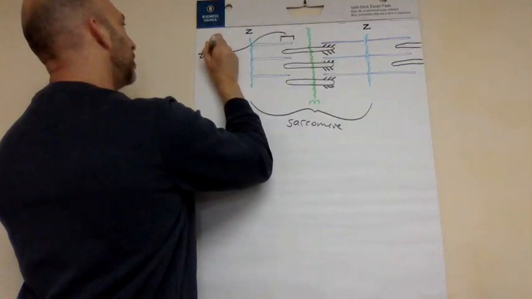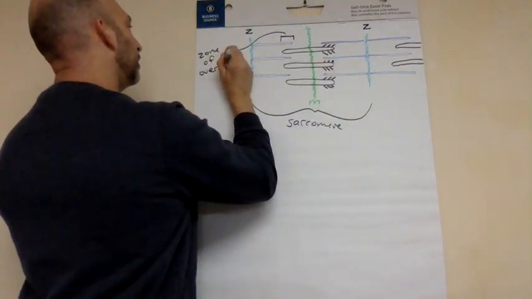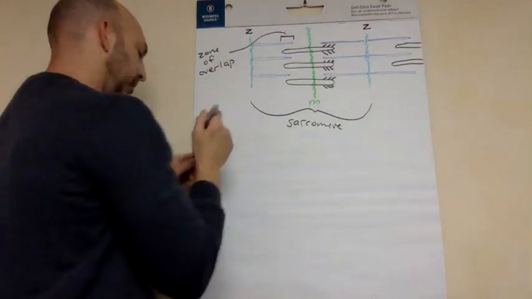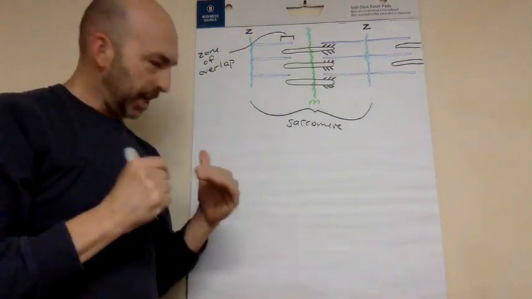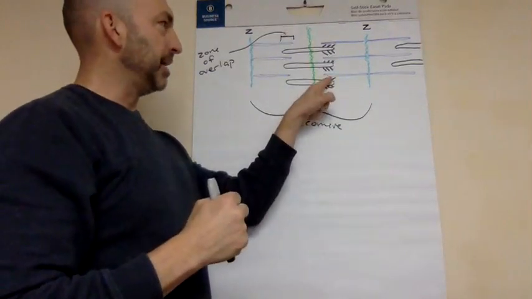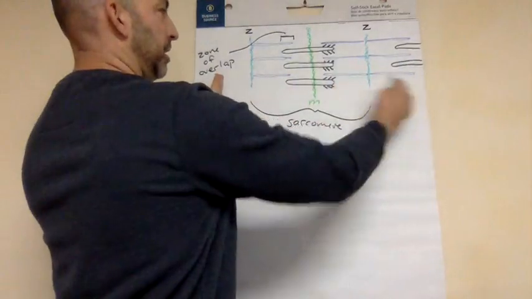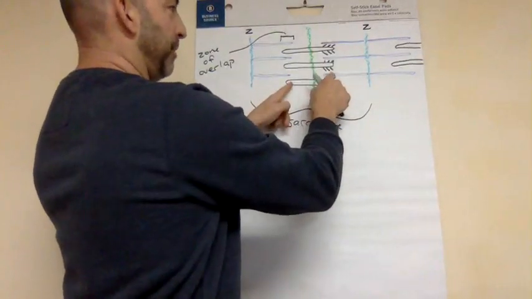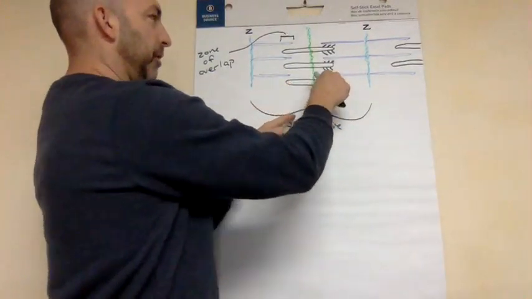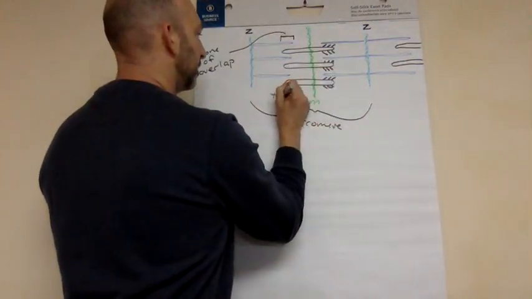That is the zone of overlap, right? If you don't have overlap, you cannot get tension. You cannot get tension without overlap because the myosin heads would have nothing to grab onto, right? If we were to stretch this thing and these were no longer overlapping with those, the thick with the thin, right? Thick filaments,